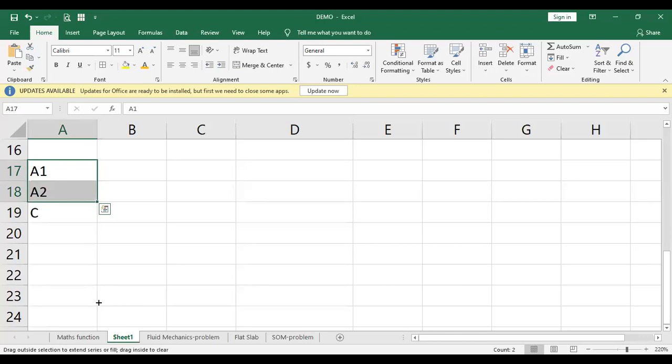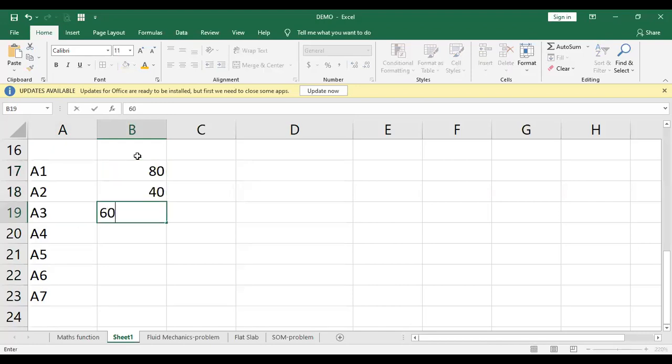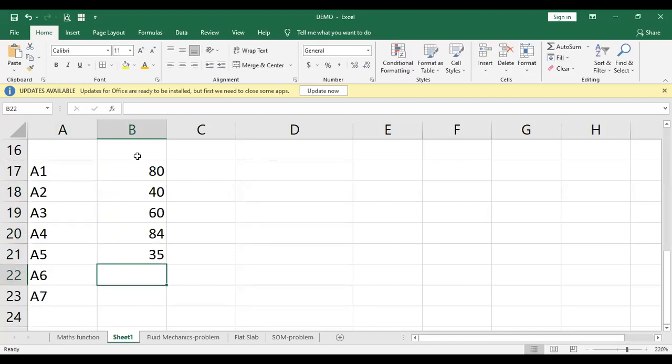Now I'll drag here up to A7. And now suppose there are the marks, say 80, 40, 60, 34, 35, 80, and 71. Now you want to know which one is pass or which one is fail.